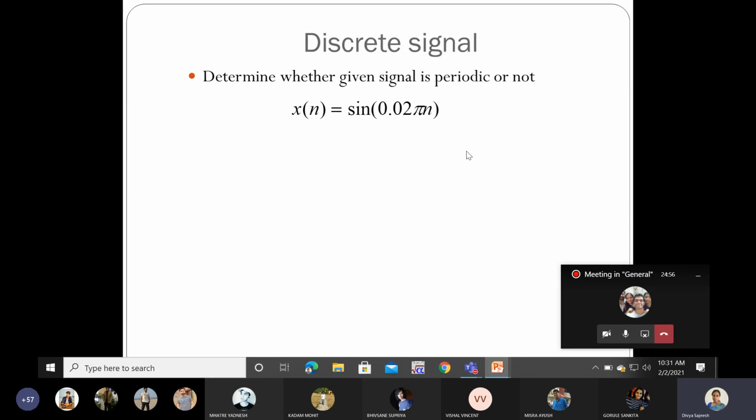So far what you have learned, can you tell how you will check whether the given signal is periodic or not, in a continuous time signal? In continuous time, if you see sine, you will directly write that it is periodic in nature. Sinusoidal signals and cosine signals were all periodic. We have already given that statement. If it is a sinusoidal signal, it will be periodic. If it is a cosine signal, then also it will be periodic. Remembering?